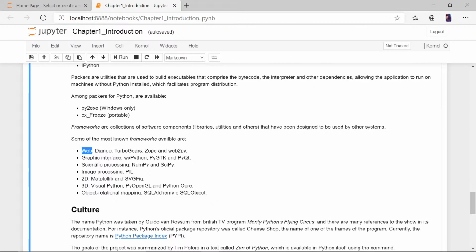Graphical interface: PyGTK, PyQt. Qt was a tool which was built in C and C++, and then they shifted it to Python. If I remember, when Nokia rejected Android phones, it already had an OS that was newly launched. It was called Symbian.